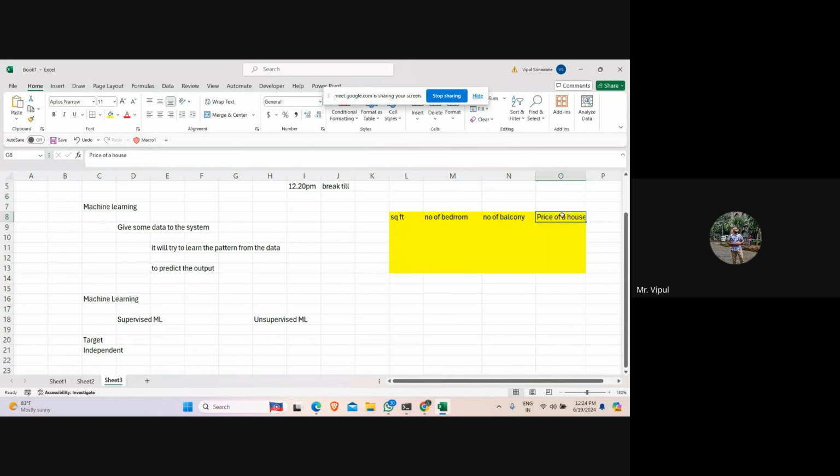So what is the target variable over here? Price of a house will be your target variable. And using the other columns we predict the target variable. These are the independent variables: square feet, number of bedrooms, and number of balconies. These are your independent columns,